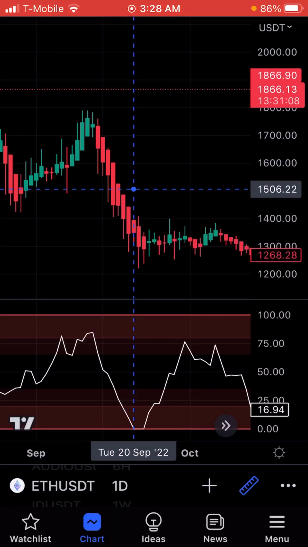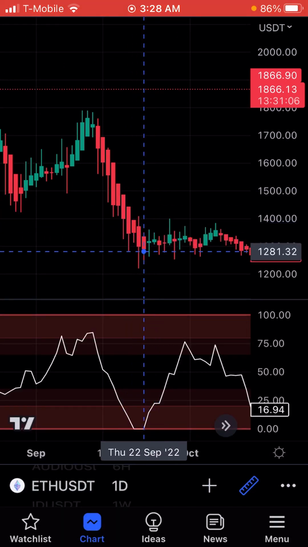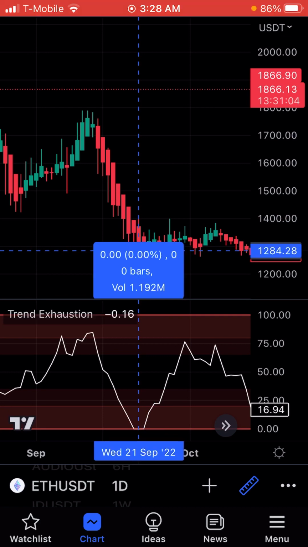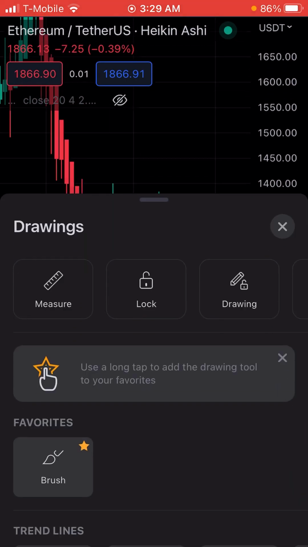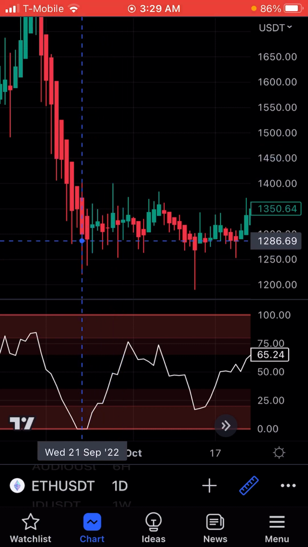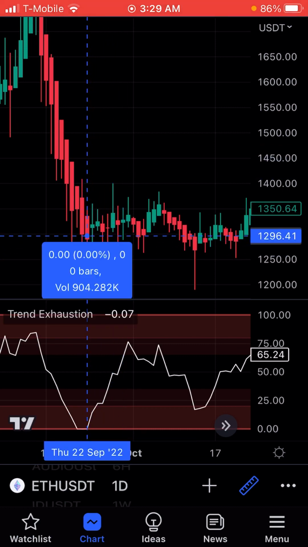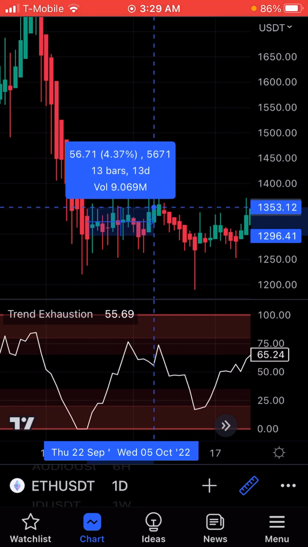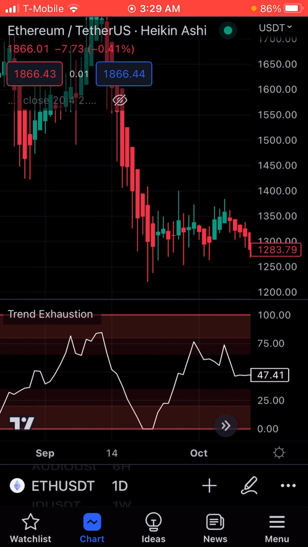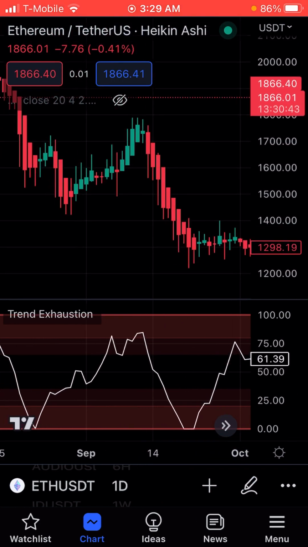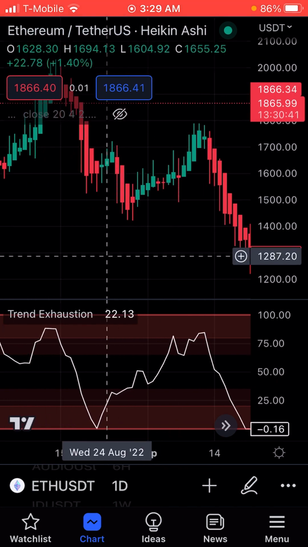So you see right here, the trend exhaustion is all the way on the bottom. Let's see if it goes up any. So right here on the bottom, if we wrote it out just a little bit from here to here, this would have been a 5% increase in 14 days. Now you'll get those small wins, you'll get those big wins. Right here,